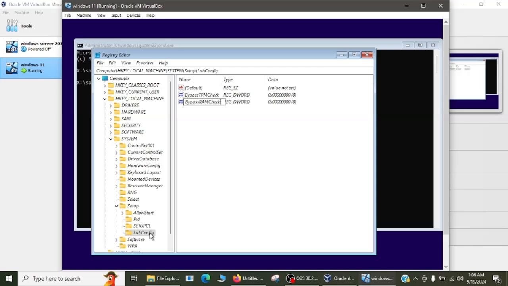We're going to do this one more time, go to New, DWORD, and name it BypassSecureBootCheck. Then we're going to right click and go to modify,